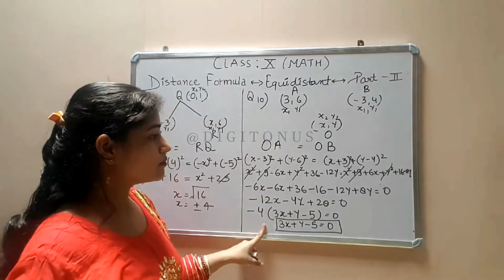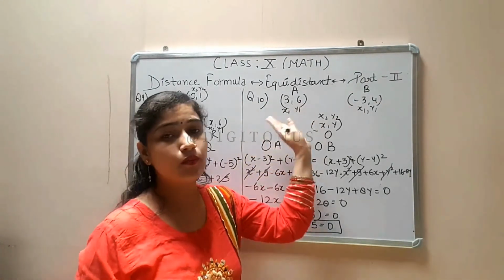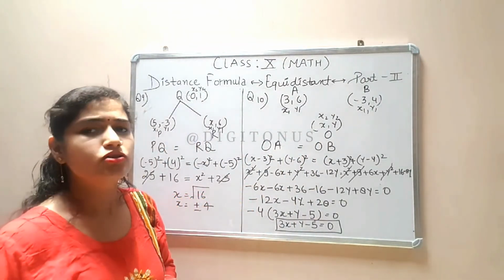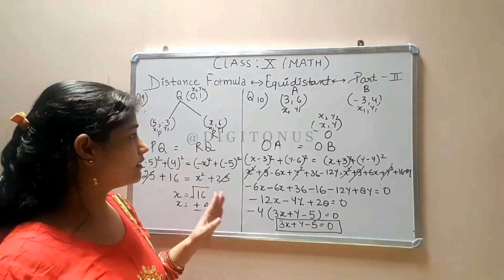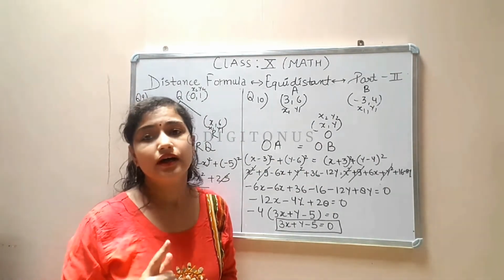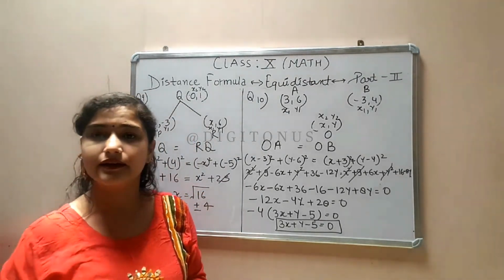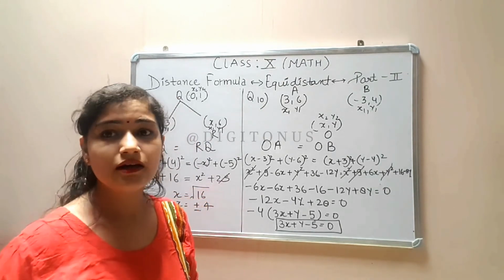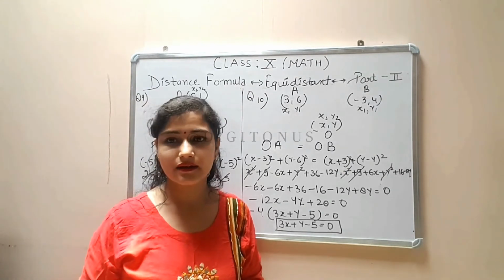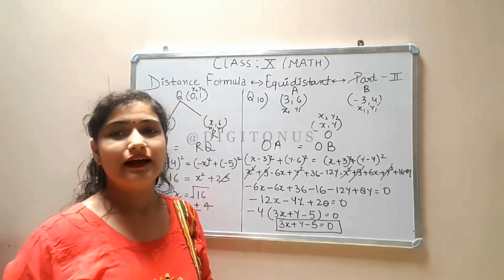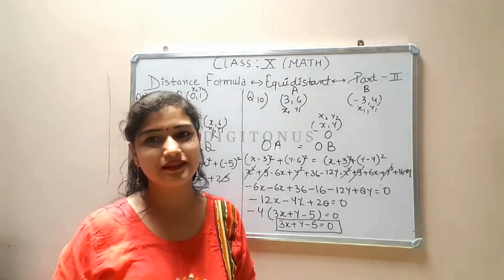Is it clear? There are so many questions based on this, where you find the relation between x and y if 2 points are equidistant from that point. So you take them from the extra book and do the practice, because this equidistant topic is very important. One question is also left in this exercise, that is the 8th question, and it is also based on the simple distance formula. So you apply it, and if you have any problem in exercise 7.1, you write a comment. I'll surely solve it, and in the next video we will solve the section formula of this chapter. Thank you.